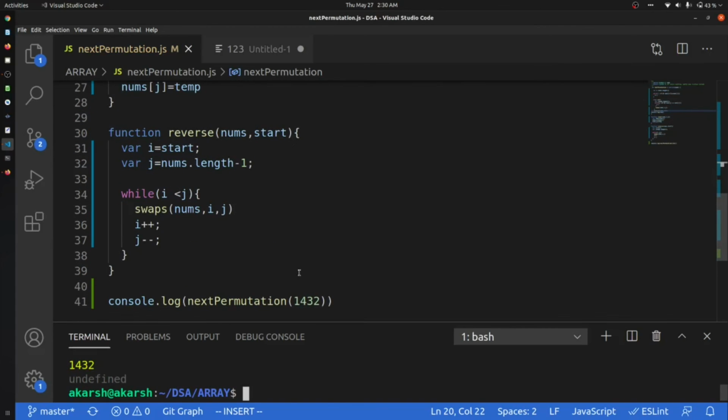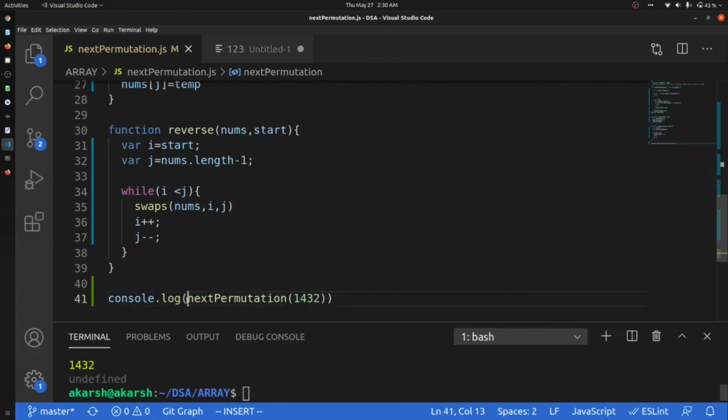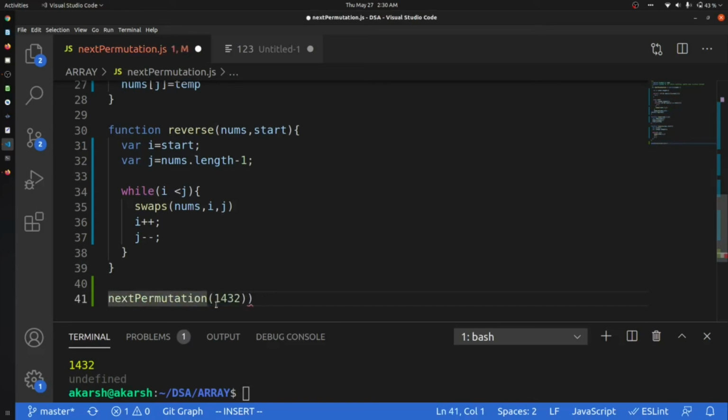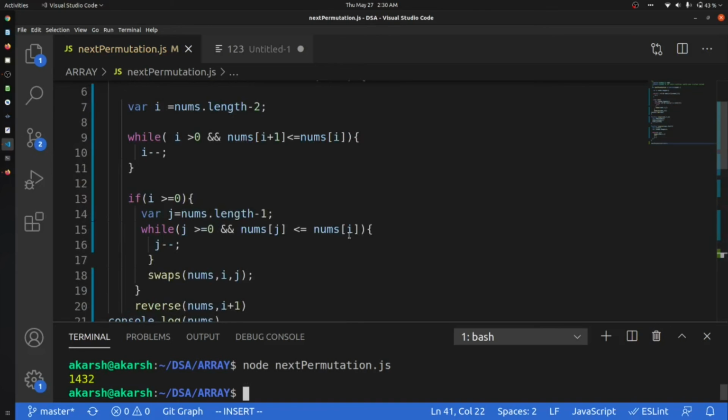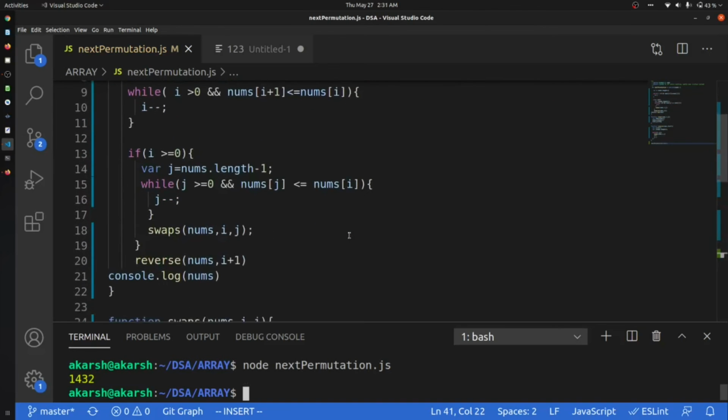Okay, so it's just returning the same value that we are having.